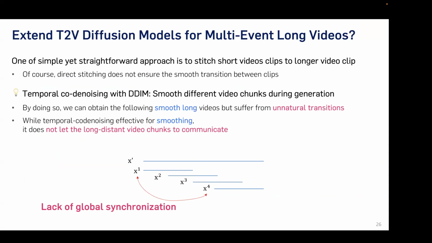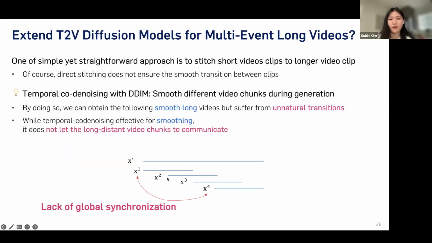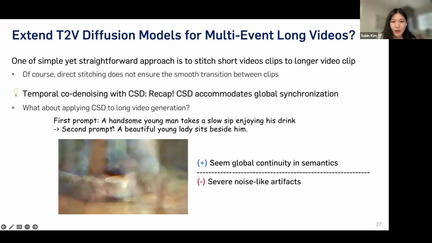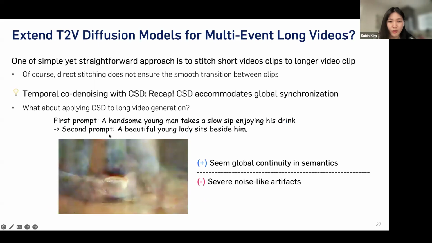Yeah, that's right. So in this example, we just want to generate a video two times longer, and then we can divide that into 4 overlapping chunks, and guide the first 2 chunks with the prompt "a handsome young man takes a slow step," and the last 2 chunks with the prompt "a beautiful young lady sits beside him"